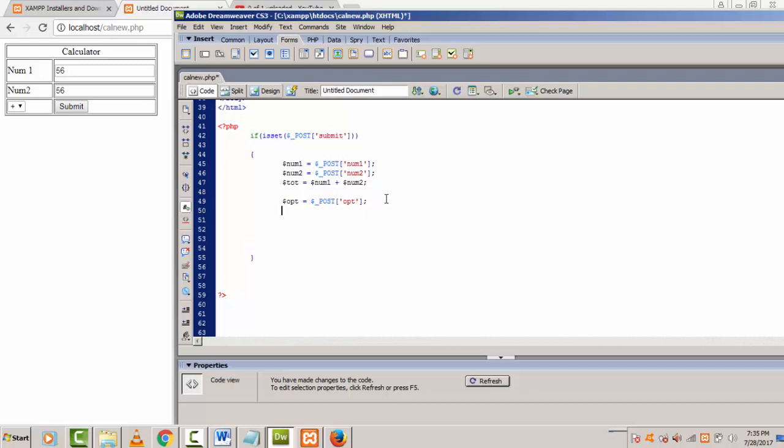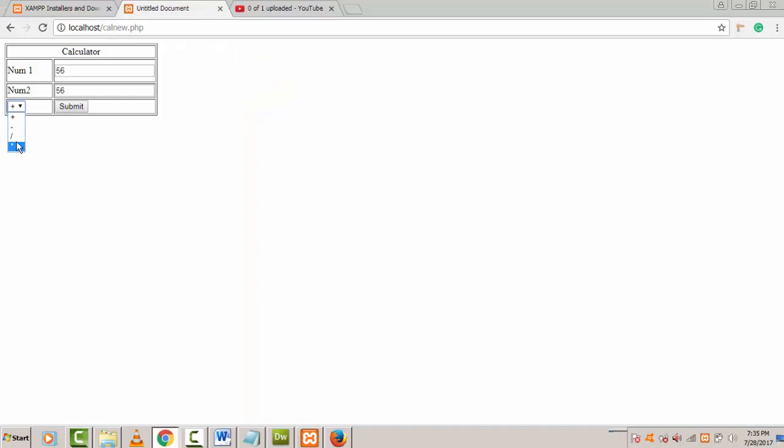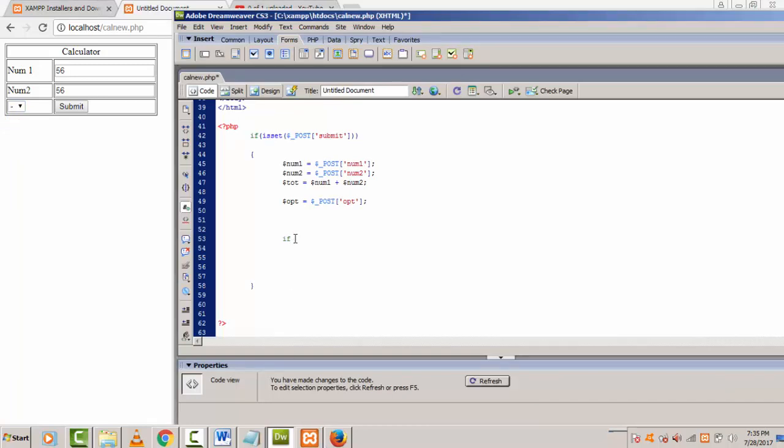Now I'm going to create a condition. Why I'm creating the condition is that there are various symbols available. If the user selects this one, what happens? If the user selects that one, what happens? There are various options available, so I have to use the condition part. When you create the condition part, you have to start with if. Then the variable you passed here, OPT